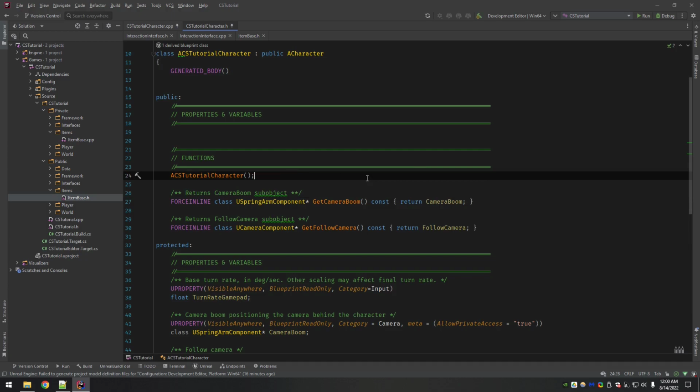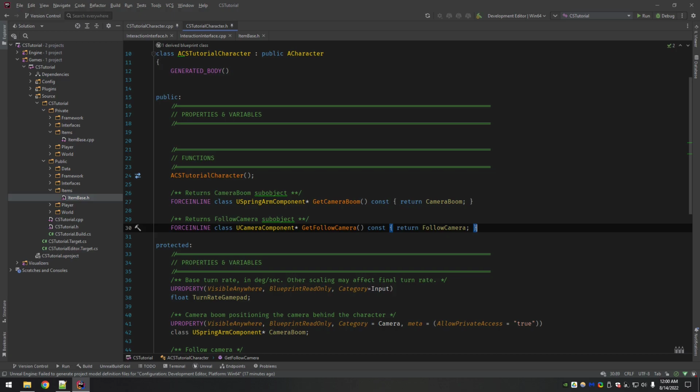there is a special class that the engine provides you called the TScriptInterface. You can kind of think of it as a wrapper for interface handling, but it makes it extremely simple to check if something inherits that interface, and then call the functions.